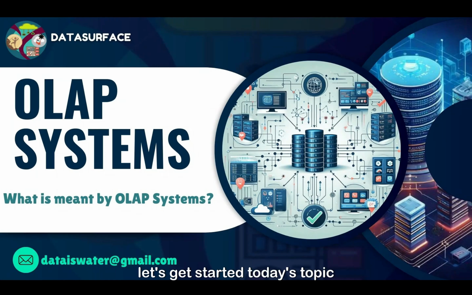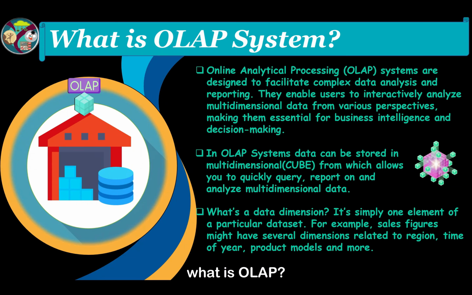Let's get started with today's topic, OLAP systems. So as part of the data fundamentals series, today we will explore OLAP systems in detail. What is OLAP? What is meant by OLAP? OLAP stands for Online Analytical Processing. OLAP systems are designed to facilitate complex data analysis and reporting. They enable users to interactively analyze multidimensional data from various perspectives